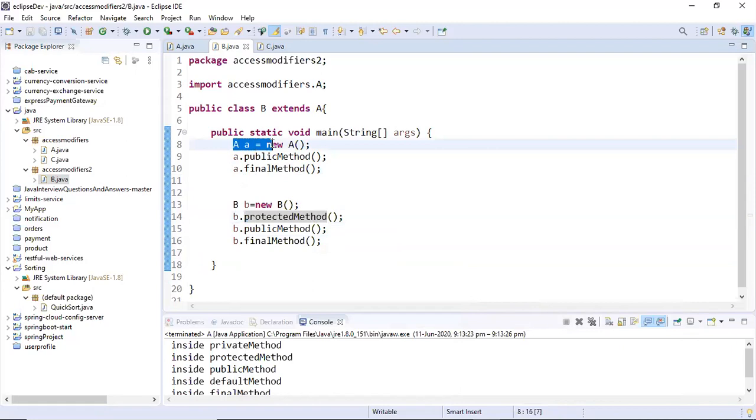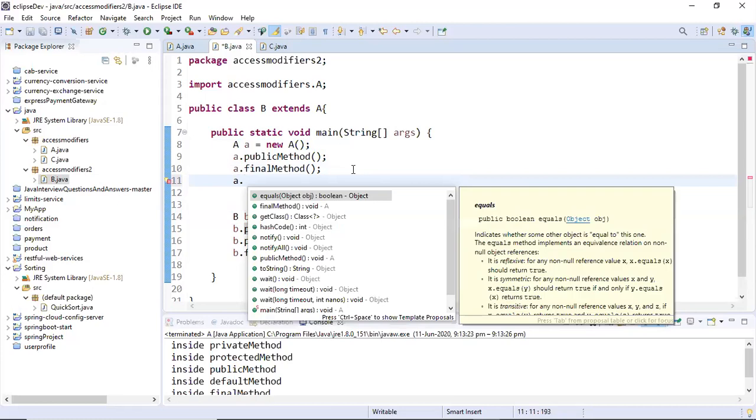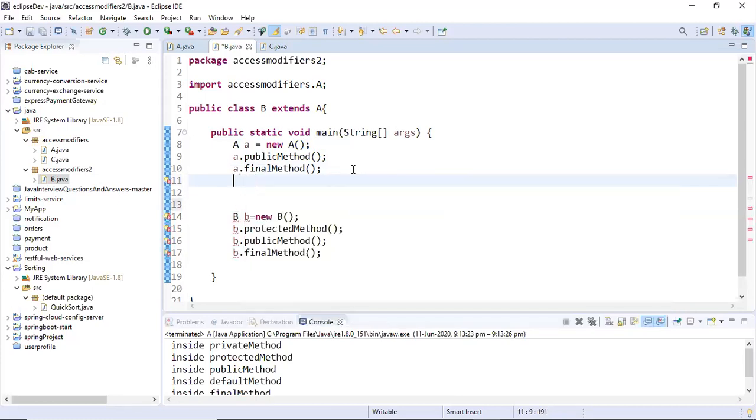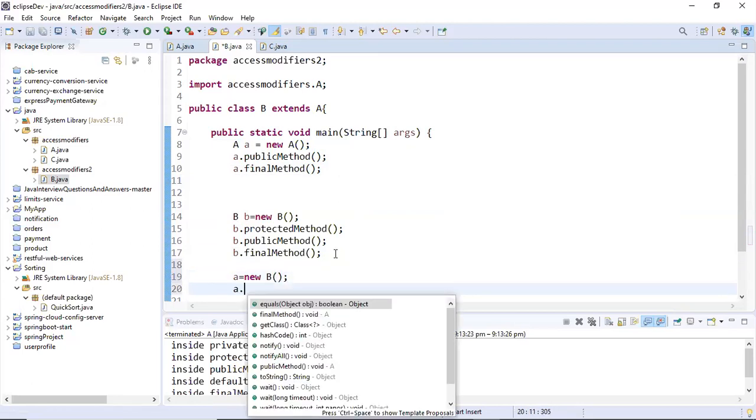If you create the object of class A, then you cannot access something like A dot protected method. Okay, let me do one more thing. Let's change the reference of A to B. So now let's see what is available.